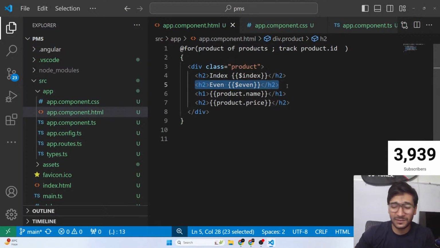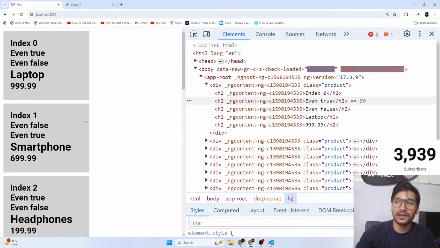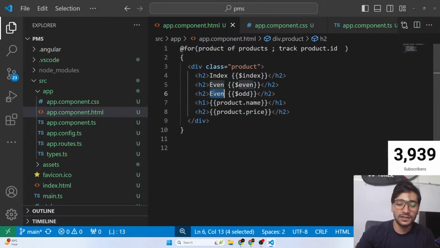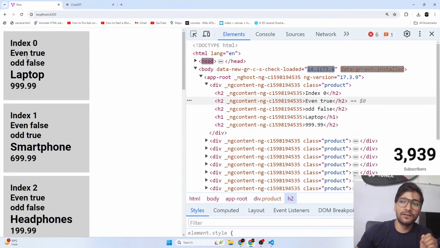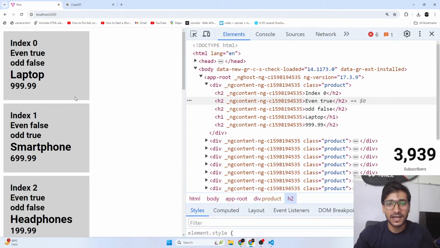I'm just showing you all the variables. You can use whatever you want. Okay. So again, guys, you don't have to use it all. Just showing you that these are some internal variables available. See, so here it is false. Here even is true. Oh, sorry, I forgot to mention odd. And see. So even true, odd false, even false, odd true. So wherever even is false, odd will definitely be true. Something like that. Yes, that's a really good thing, Deepak.